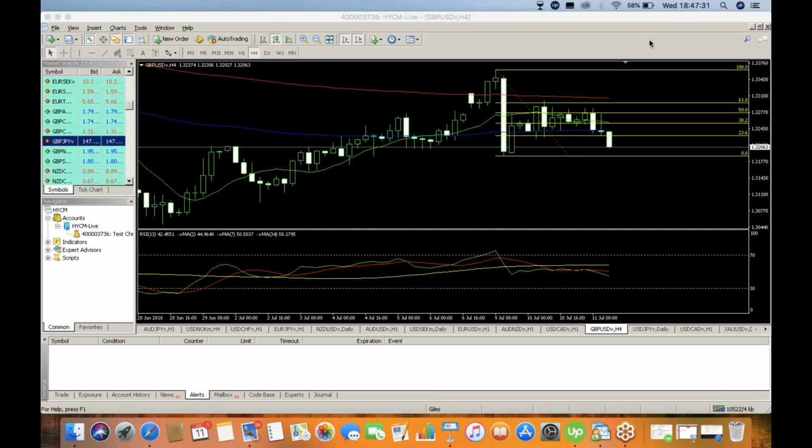In particular, look tomorrow, because tomorrow you've got the white paper that is going to be released by the British government, by Theresa May. Now, that white paper is going to set the direction for the pound US dollar pair for the medium term, for sure. And the thing to watch is, how does the EU react to the British white paper?